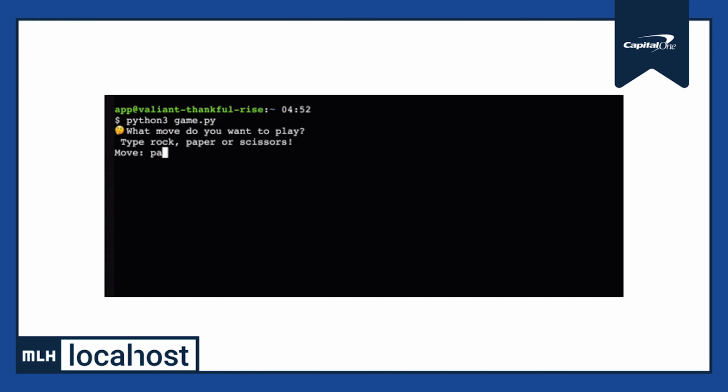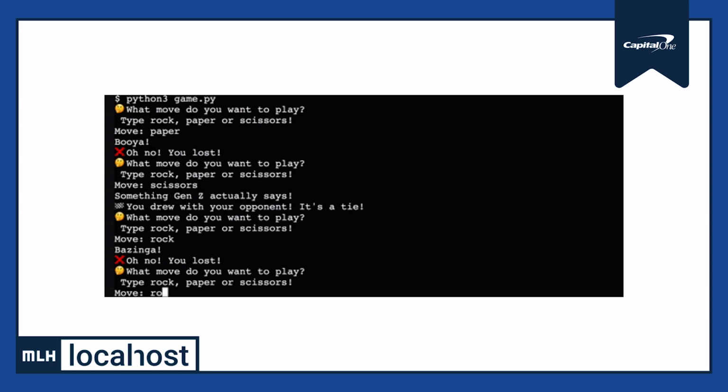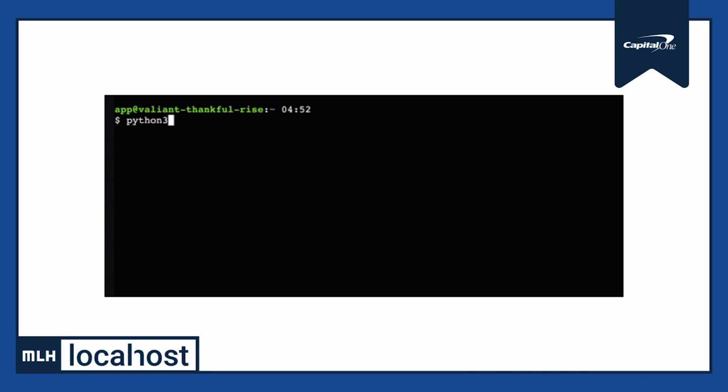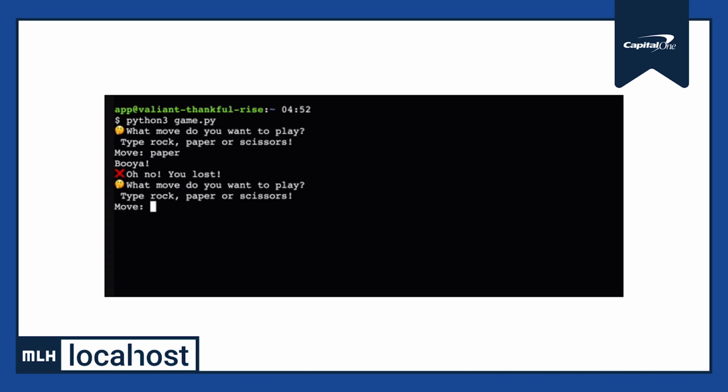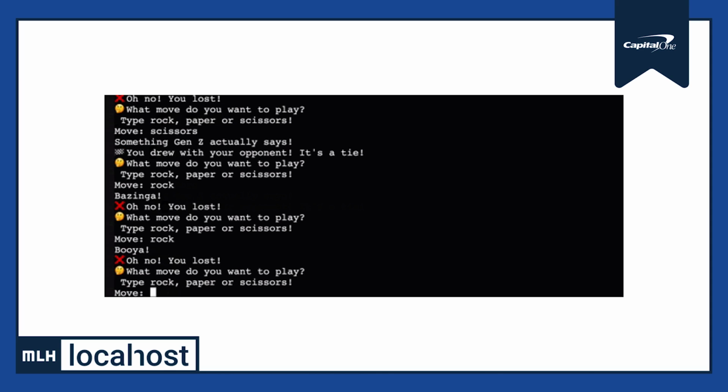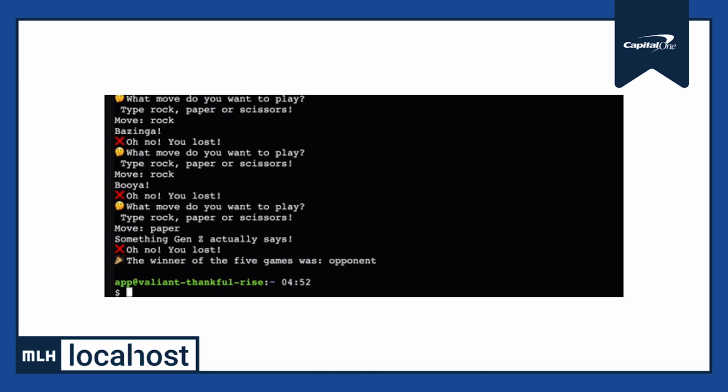Well, hey, it looks like things are working pretty well. The computer is calculating the conditional probability of you making a move. And it's using this to decide which move it should use to beat you. Believe it or not, you just coded a really basic AI. Congratulations, you're officially a programmer.